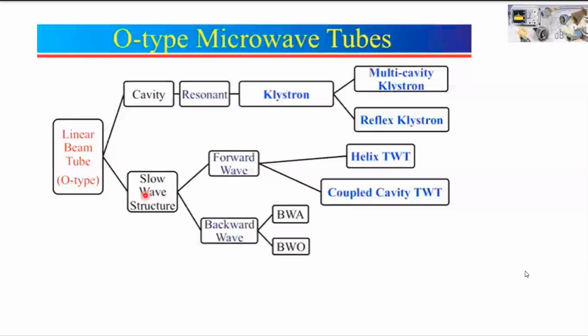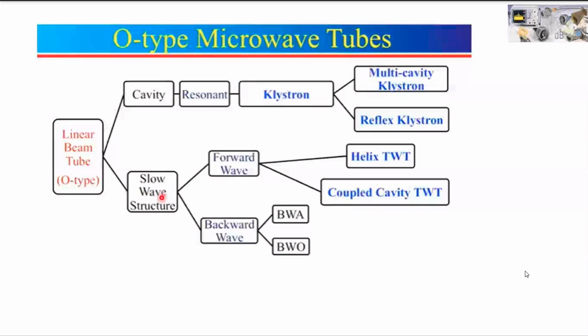Sir, to overcome the problem we face with transit time. Yeah, you can tell that. Correct. Because the electron moves much slower than the electromagnetic wave, what will happen? Electrons do not get sufficient time to interact with the microwave field. So to increase the time of interaction of electrons, we need to decrease the velocity of the electromagnetic wave. That's why we use slow wave structure.